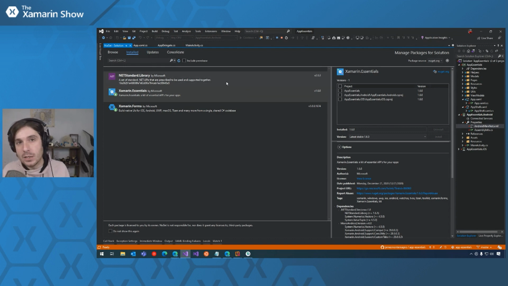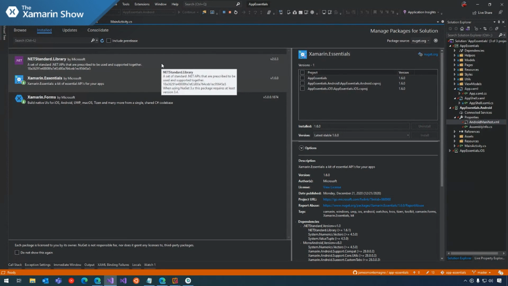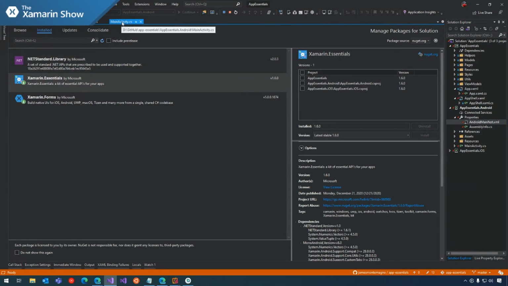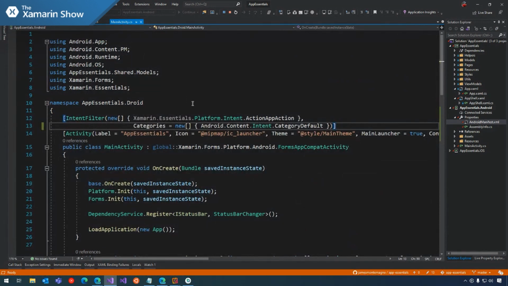Now, App Actions specifically are these deep links into your app. So there is a little bit of boilerplate code that you need to add into your Android, iOS, or Windows app. So here inside of my main activity where my app starts, we are going to add this intent filter. And this is how the app action knows to call into your application. And this is provided automatically by Xamarin Essentials. So you just add this piece of code from the docs directly there.